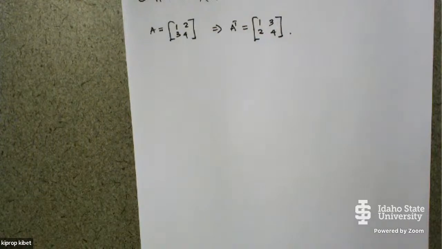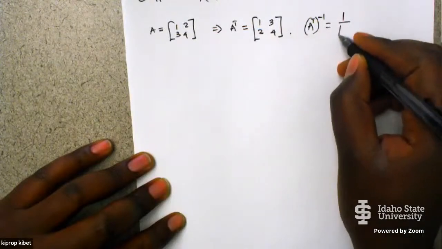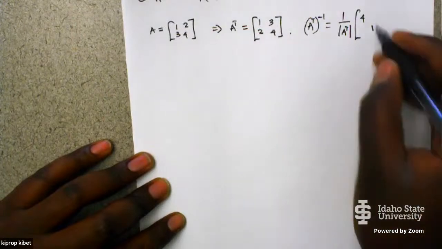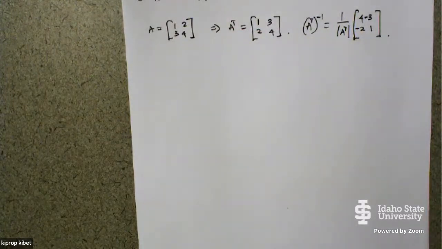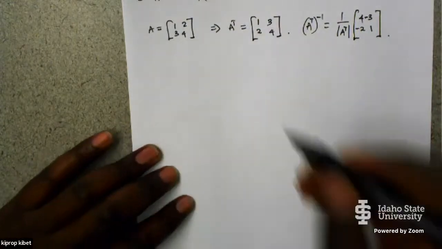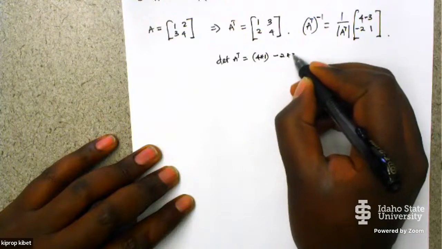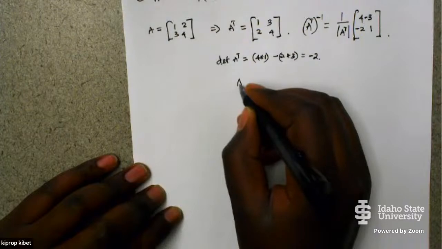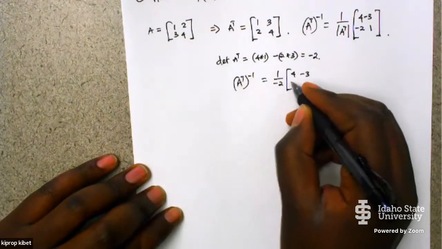Now, what is the inverse of A transpose? So the A transpose inverse is equal to 1 all over the determinant of A transpose multiplied by [4, -2, -3, 1]. So you interchange 4 and 1, and then put the negatives. What is the determinant of A transpose? The determinant of A transpose is equal to 4 multiplied by 1 minus 2 multiplied by 3, which is equal to minus 2. So then A transpose inverse is equal to 1 all over minus 2 times [4, -3, -2, 1],